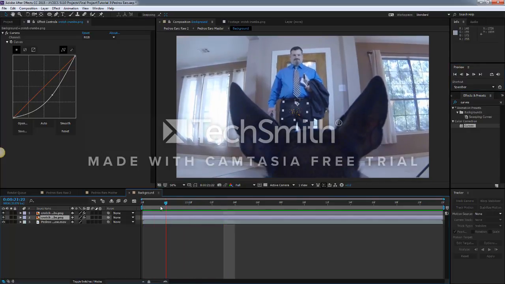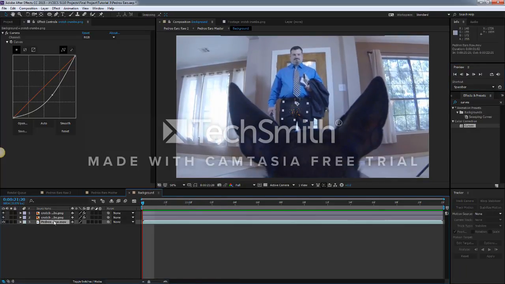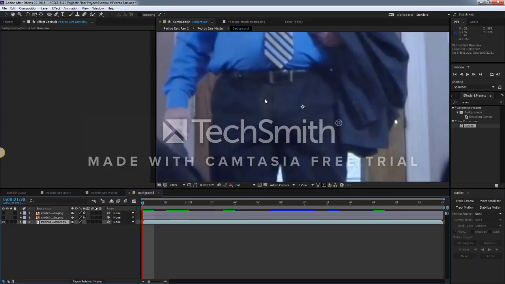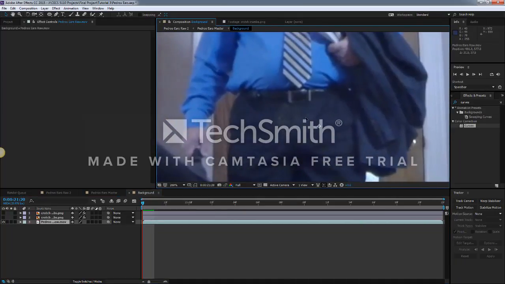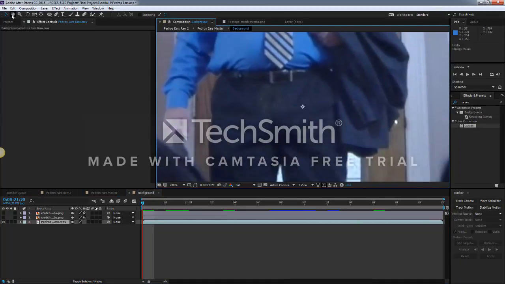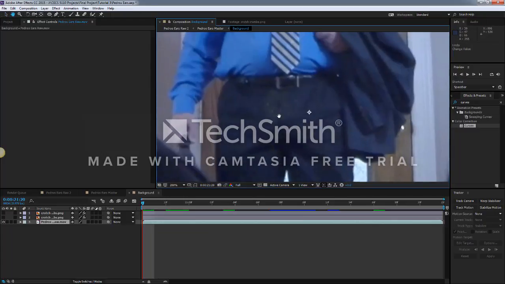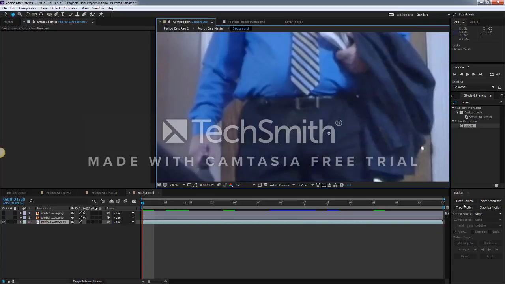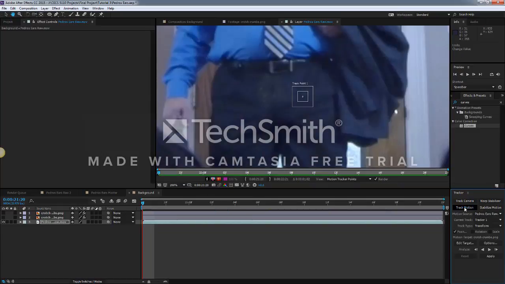It's a pretty simple process. What we'll do is select our footage. For right now, we're going to hide our crumb layers. And we're going to zoom in just a little bit by scrolling the mouse wheel. I'll select my hand tool to reposition my shot. And I'm going to go down to track motion. I'm going to select the track motion button, and